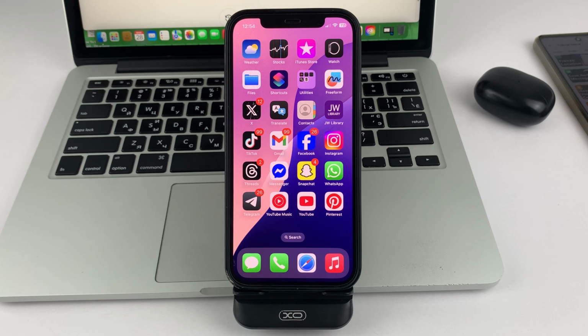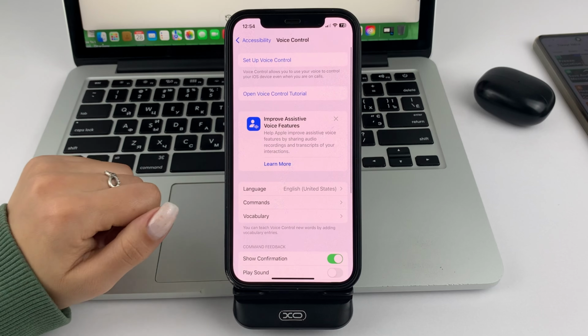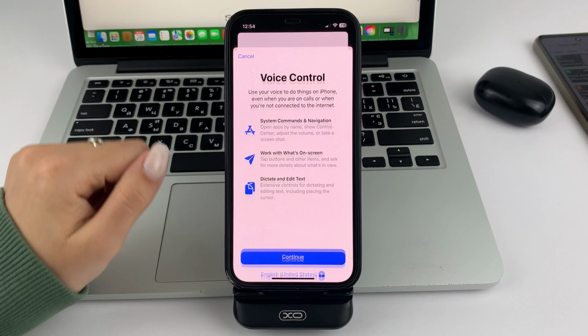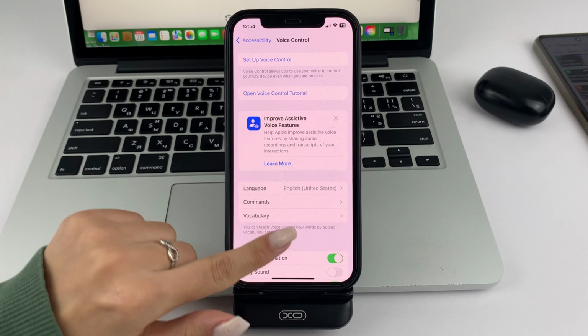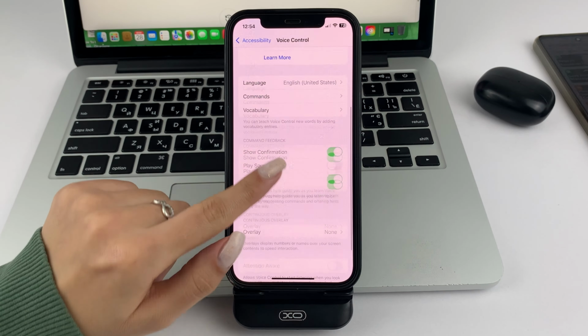If you have voice control on your iPhone, you can disable it very easily and quickly. To do that, please open up Settings. Now scroll down a little bit. Go to this section right here. Next, you'll need to scroll through the menu and find Voice Control. And see here, if you have voice control enabled, then you'll need to click on this button at the top to disable voice control.